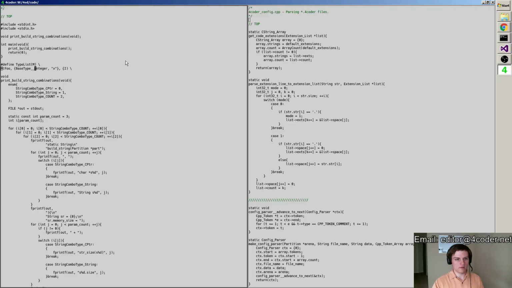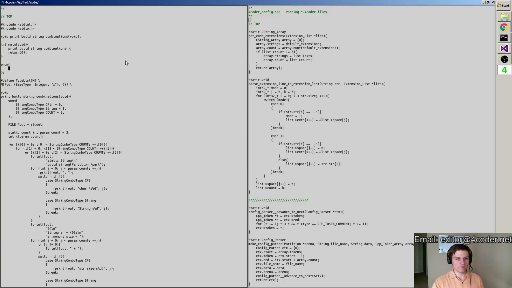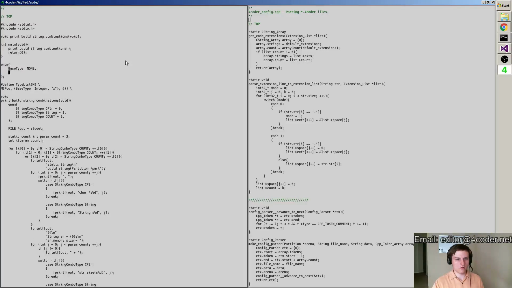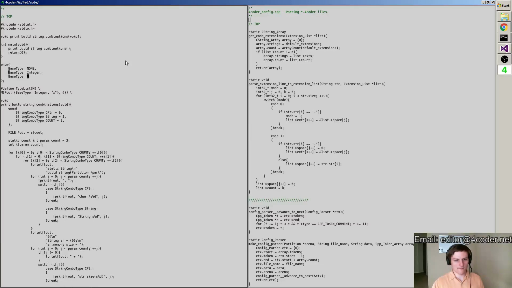Base type integer x. Base type. But we'll just leave that at 0. So we'll have like a base type none, base type integer, and so on, right? String.